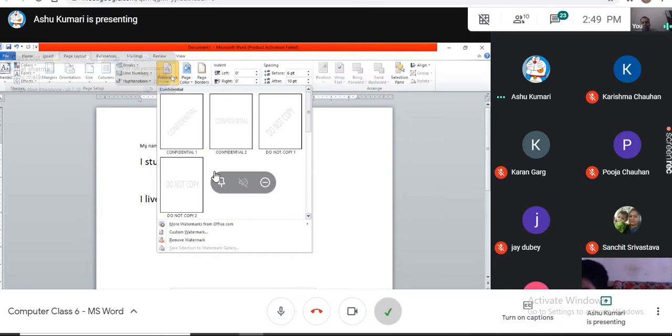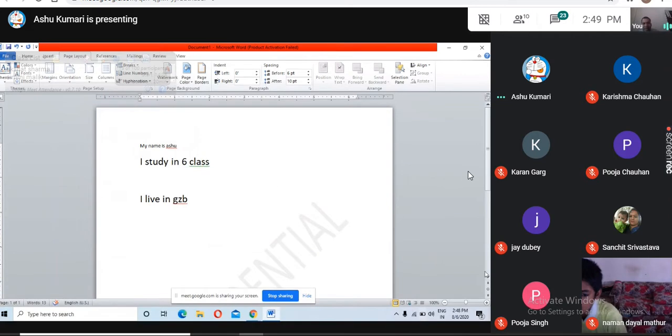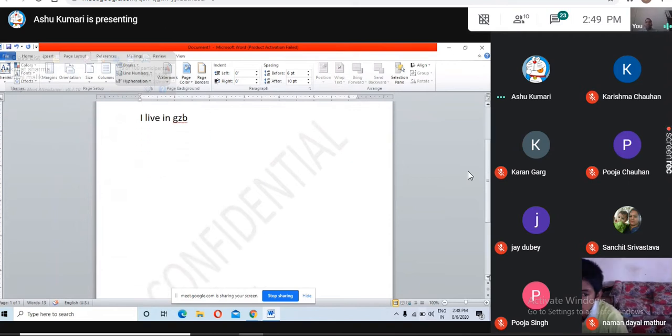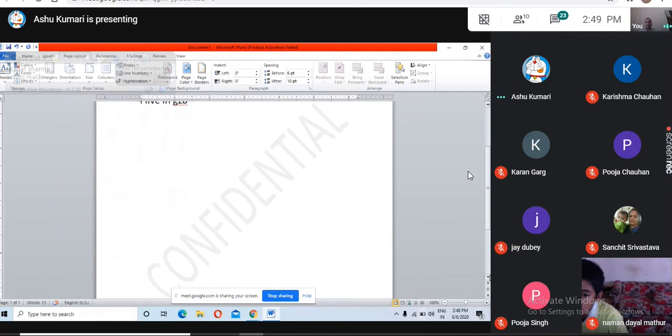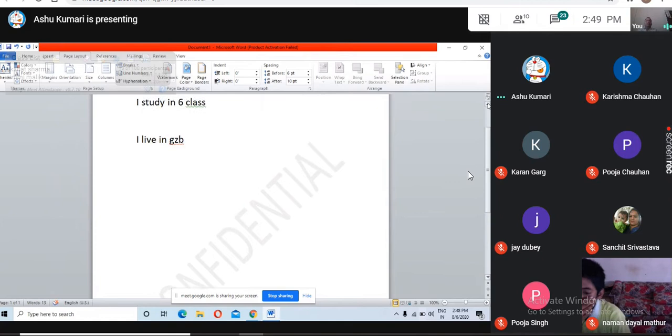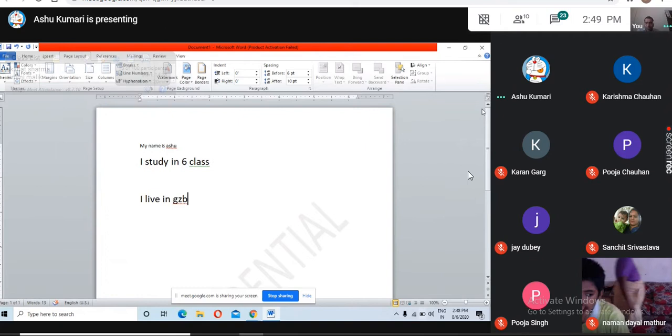Click any one of them. First one, confidential. Now you can see that at the bottom, in between, something is written in shaded text. That is confidential, which shows the document is confidential, which means it should not be disclosed in public. So this is how we can change the watermark for the document. A watermark is a kind of property mark, a security thing, we can say.